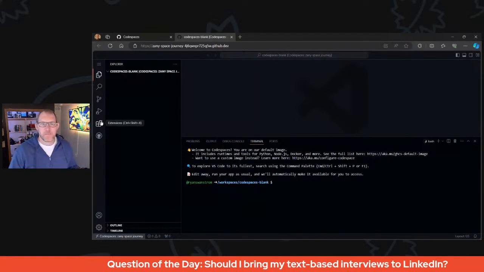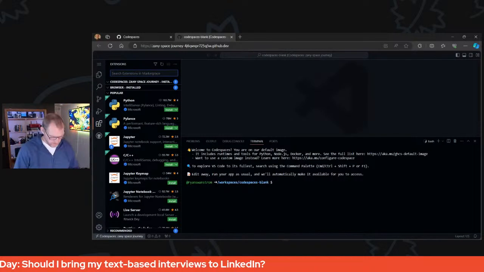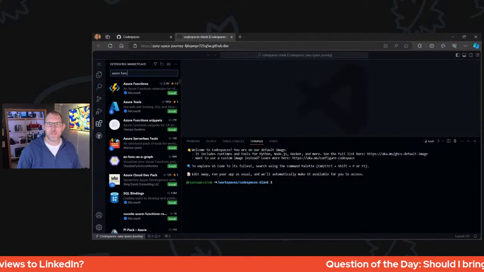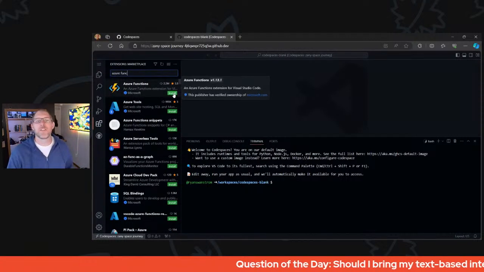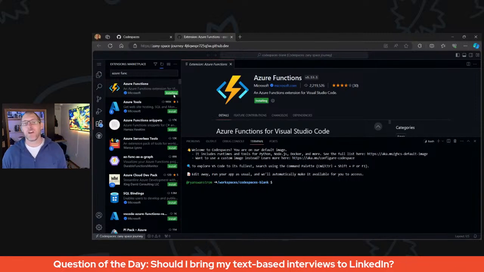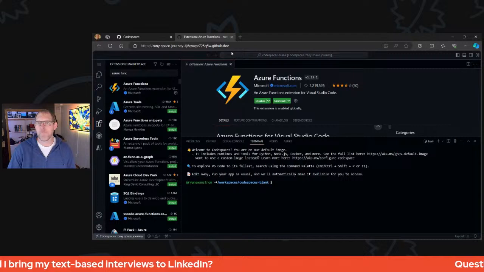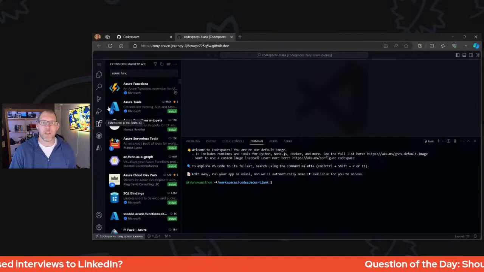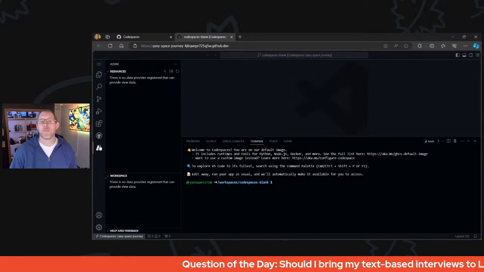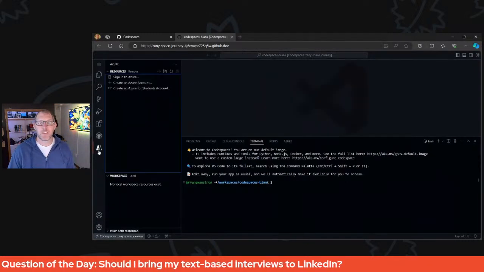And let's go to extensions. We're going to search for Azure Functions. There we go. We're going to install that. Installing Azure Functions. What that's going to allow us to do, hopefully, is create, build, and deploy Azure Functions. So if we click down at the bottom into Azure,